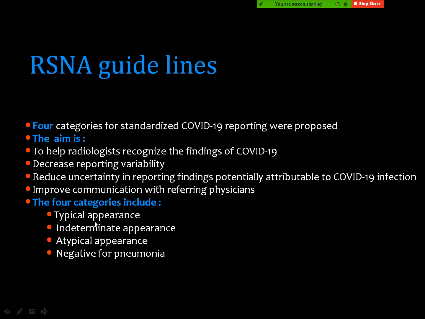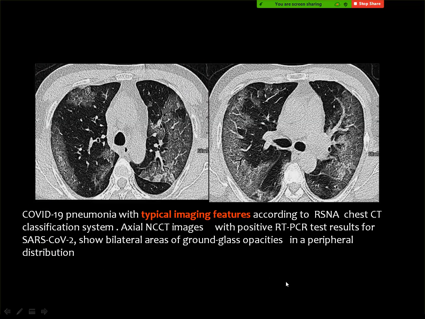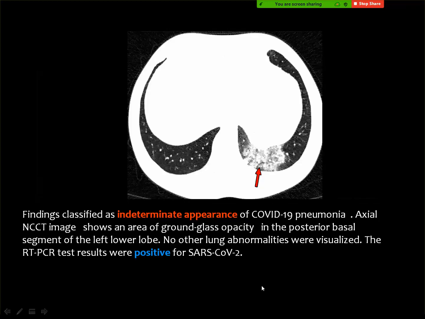They include the typical appearance, the indeterminate appearance, the atypical appearance, and the normal finding, which is negative for COVID-19 pneumonia. Then this is considered the typical appearance, where you see ground glass patches peripherally located more towards the lung bases. And this is what we call indeterminate appearance, where you got only one patch